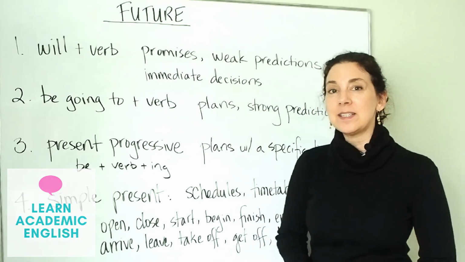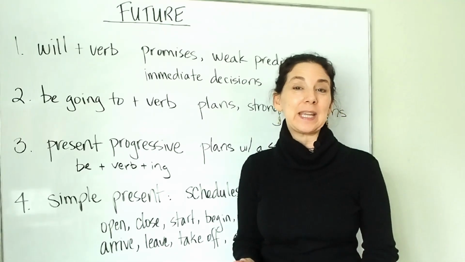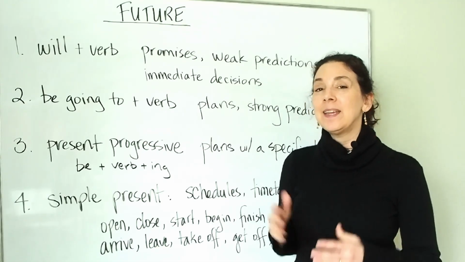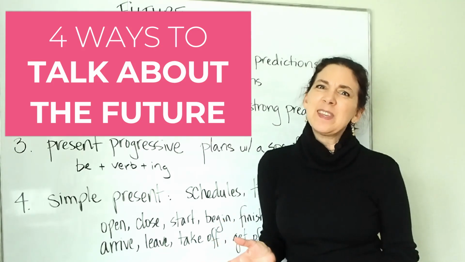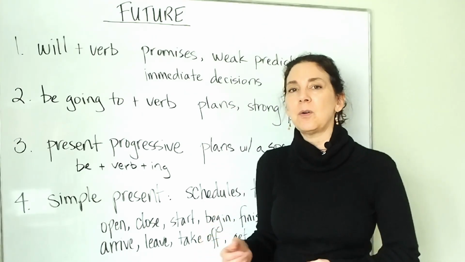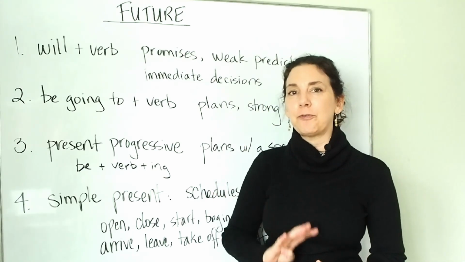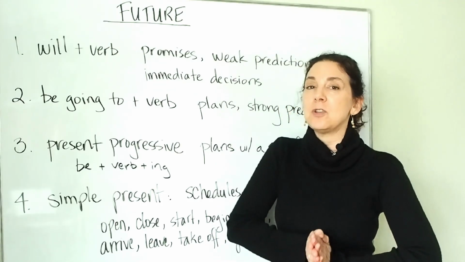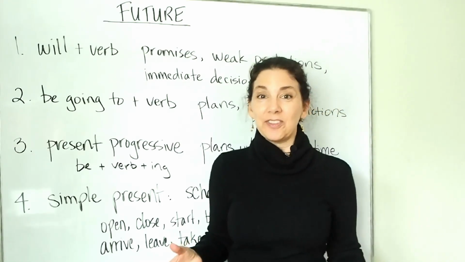One of the things that I teach all the time is grammar. And I know that grammar rules can be tricky, but I try to help break them down in an easy and clear way. In today's lesson, I'm going to talk about how to talk about the future. And you might be thinking, well, I know how to talk about the future in English. It's easy. I can use will or I can use be going to. But in today's lesson, I'm going to be focusing on 4 basic ways that we talk about the future. And these are things that we use all the time in conversation, in writing, all the time.